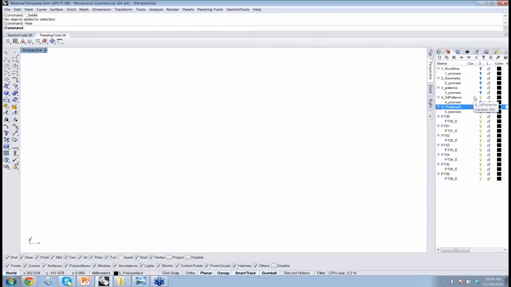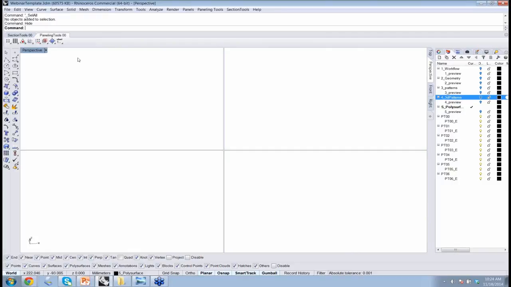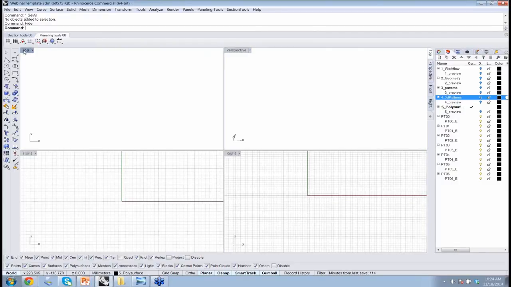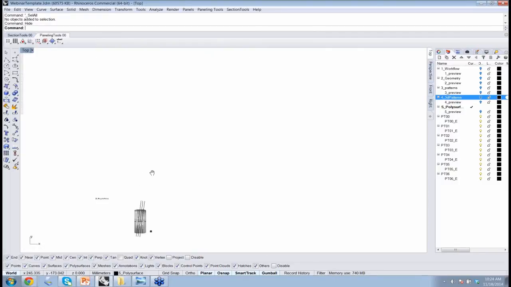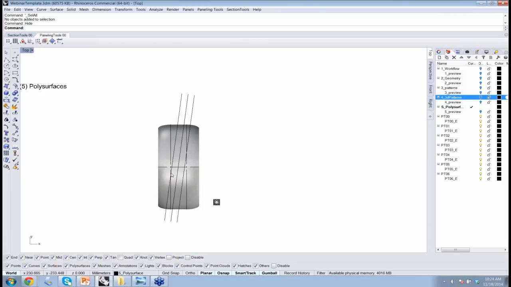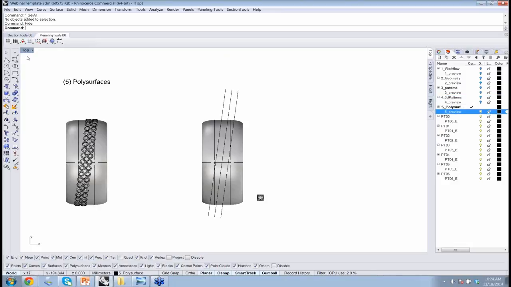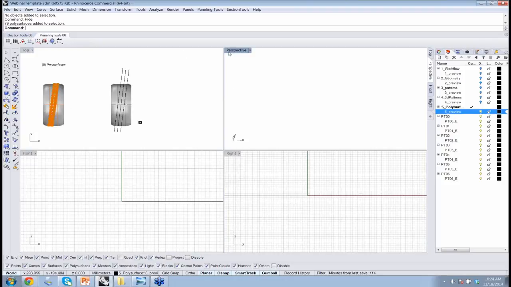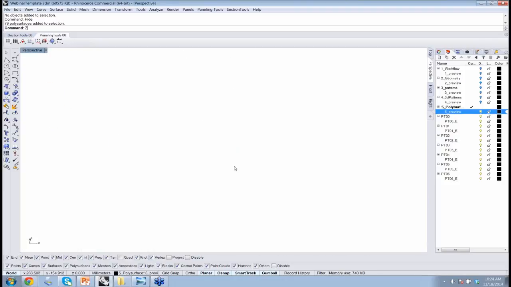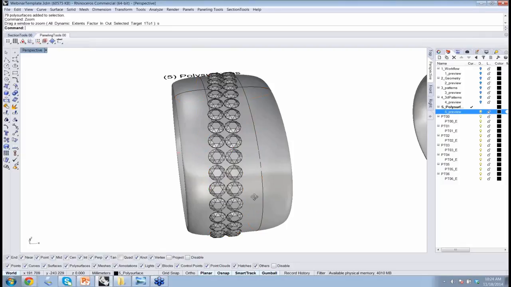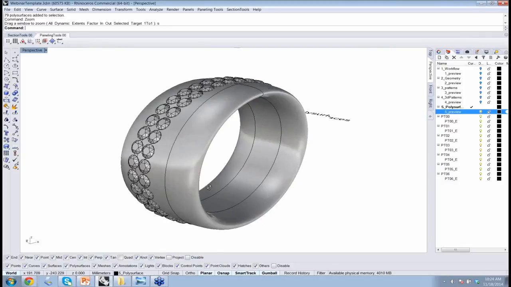Let me just show you an example of how to work sometimes with base polysurface. Let me show the outcome that I want to show. I'll go to perspective. And you'll see that what I'm trying to do here is to